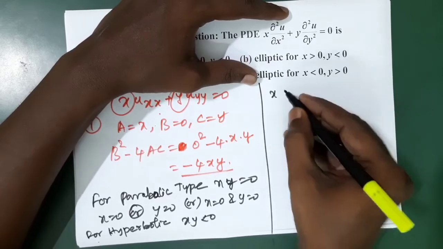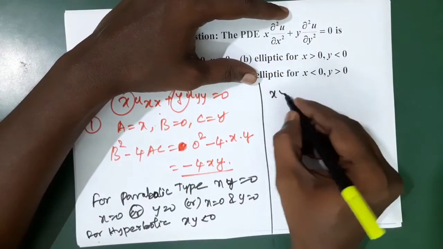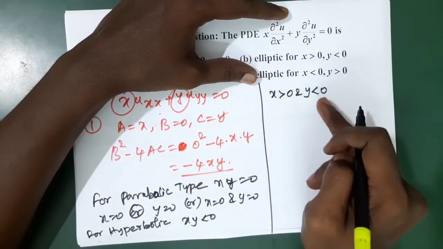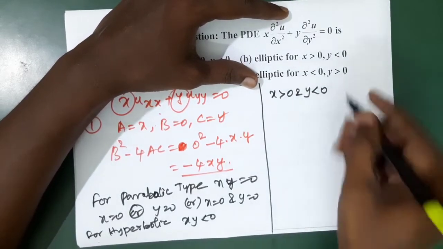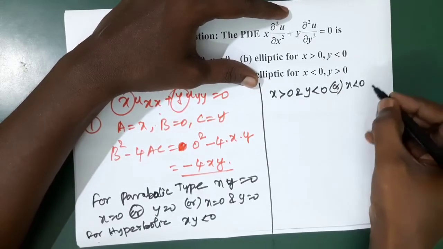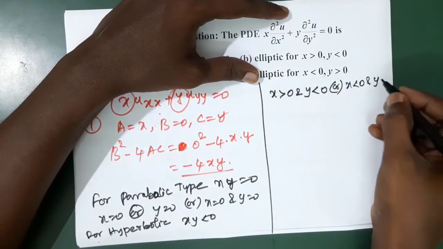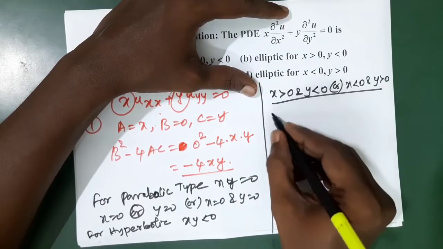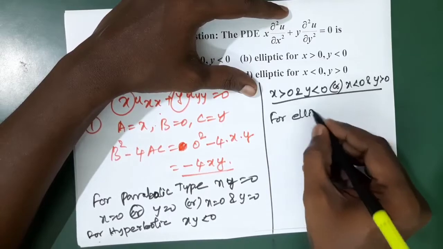Both, x is greater than 0 and y is less than 0, so positive into negative is equal to negative, or x less than 0 and y is greater than 0. So this is the condition for the hyperbolic case. Now for the elliptic case,